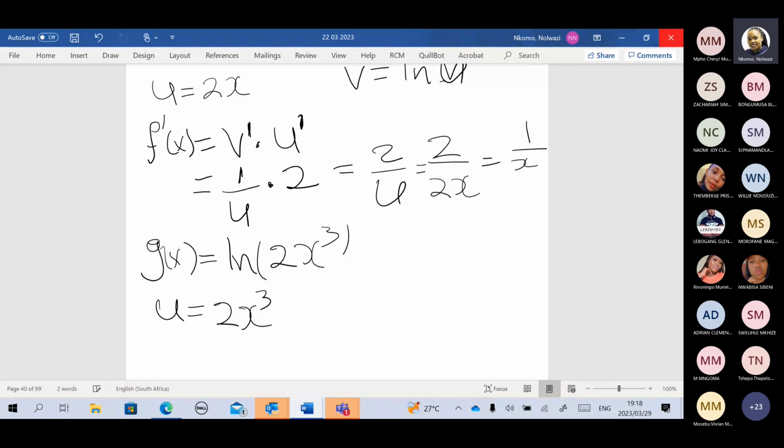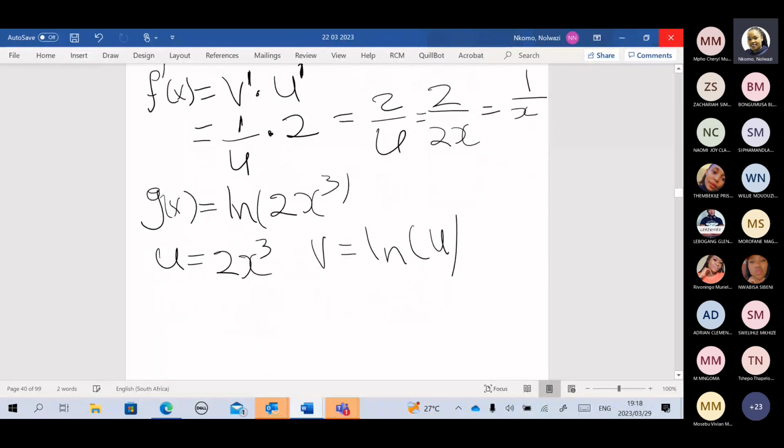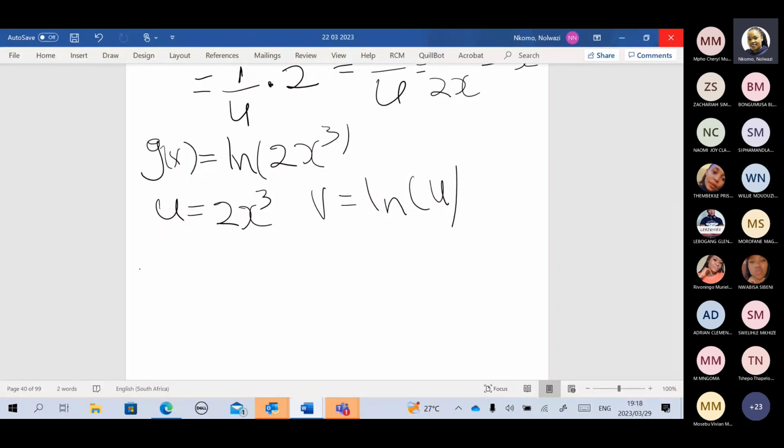And our outer function, which is v, will be ln u. If this is the case, using the chain rule, g prime at x would be the derivative of v times the derivative of u, right? The derivative of v is 1 over u, right? So we have 1 over u times the derivative of 2x cubed. The derivative of